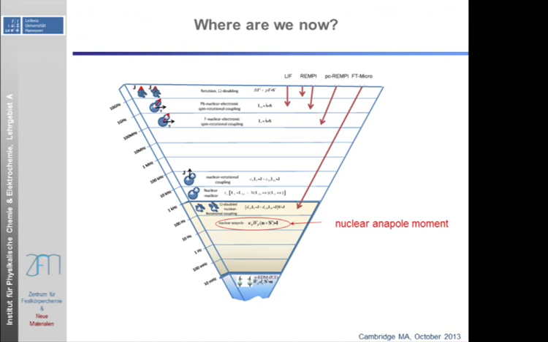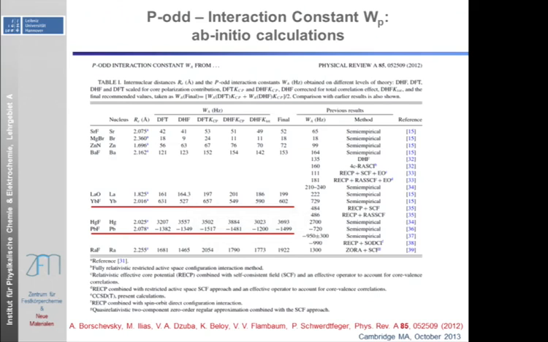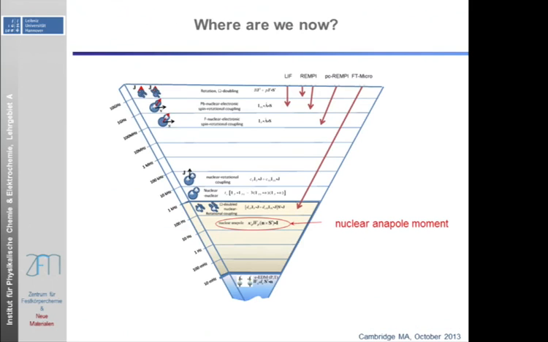That's a good start. Bad news is there are still some orders of magnitude to go, but we are down here now. And actually, there's also some parity violation effect just one order of magnitude away, which we might see in the near future: the so-called nuclear anapole moment. Basically, you have the nucleus, and you have some helical currents in your nucleus that are parity violating, and that has an effect on your hyperfine structure and magnetic field.